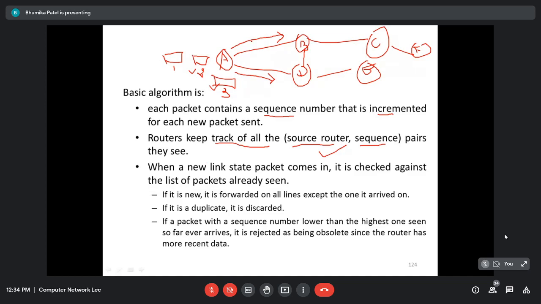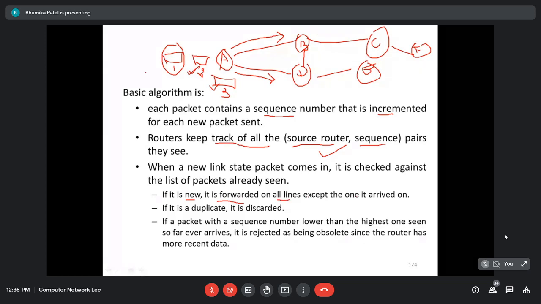For example, here B has received packet number 1 from router A, and it will know who its neighbors are. Then it may be possible that a second packet arrives with sequence number 2. If it is new, it is forwarded to all the lines except the one it arrived from.